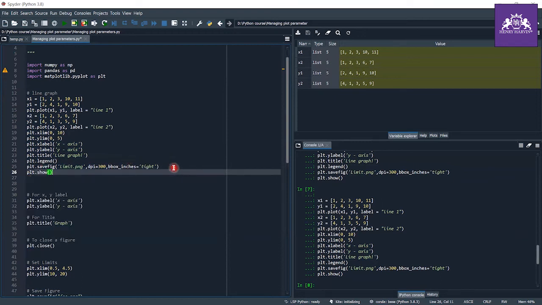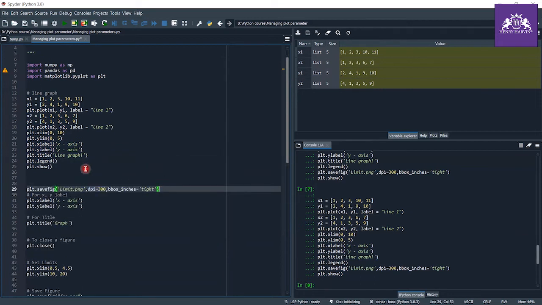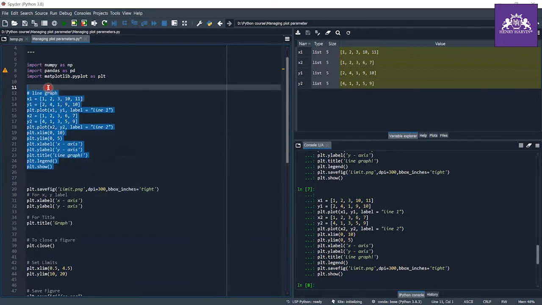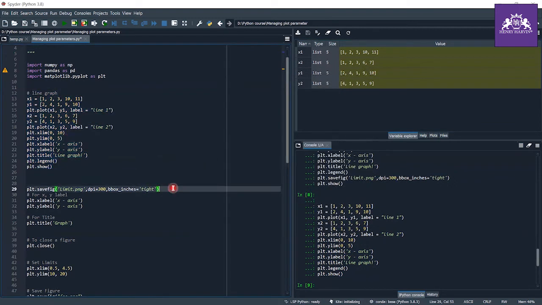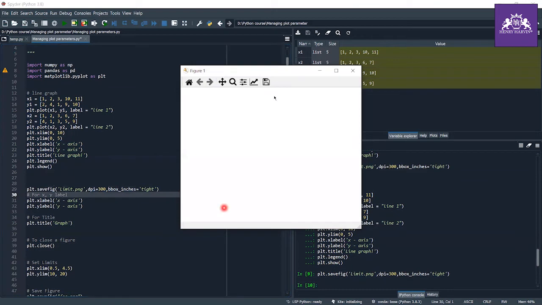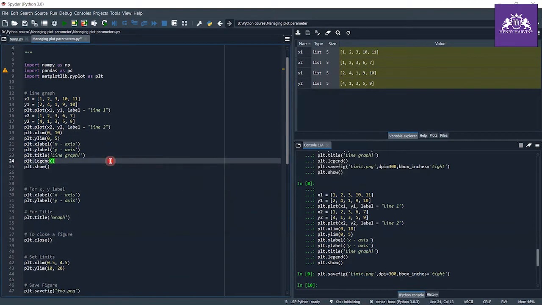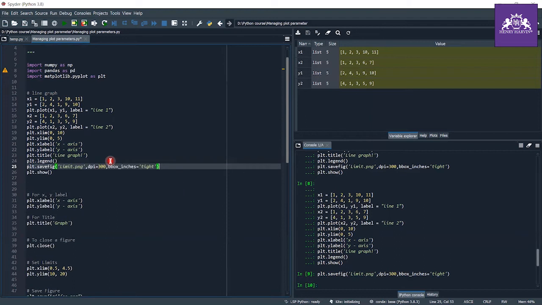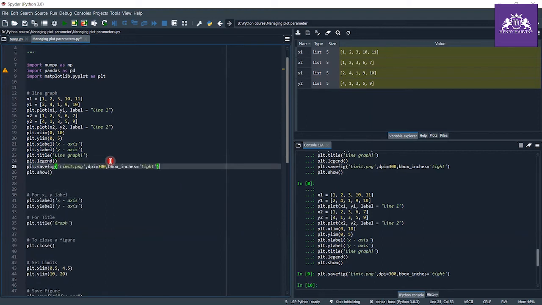Don't write this line outside anywhere else and then run the graph thinking that plt.savefig will save it, because it will save a blank figure. If you want to save the correct figure, keep in mind to write this command before plt.show.